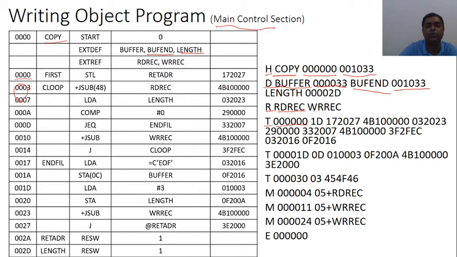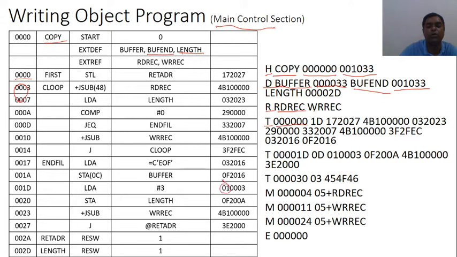1, 2, 3, and so on up to 29, and the 30th byte will be this one. We know that we have to include the whole object code or none.